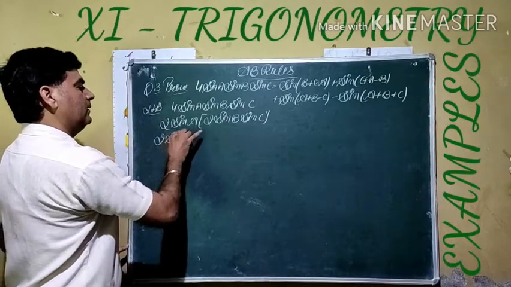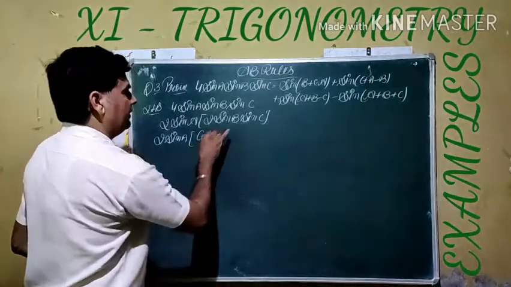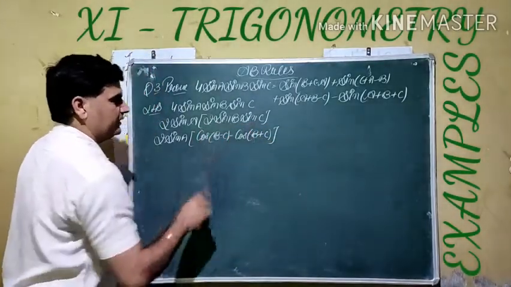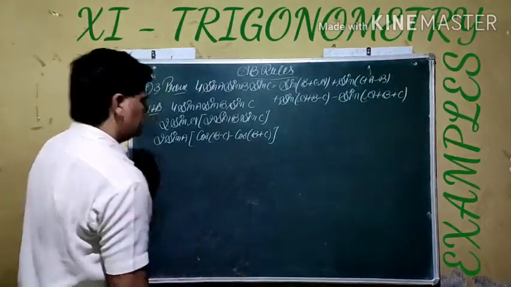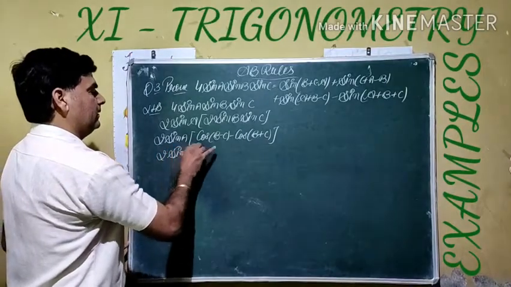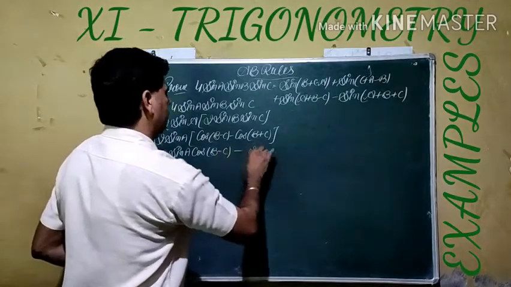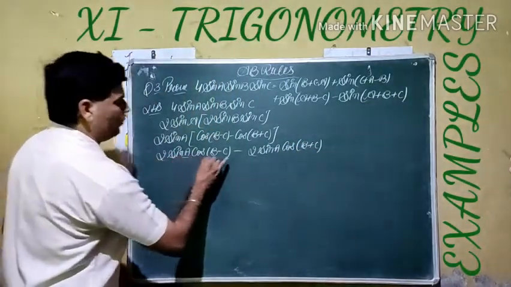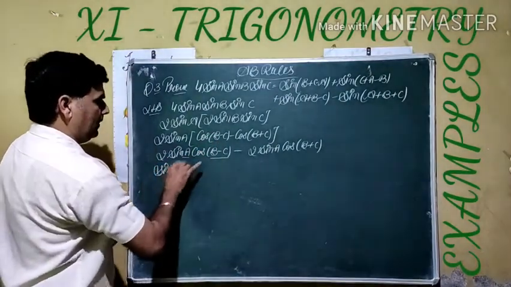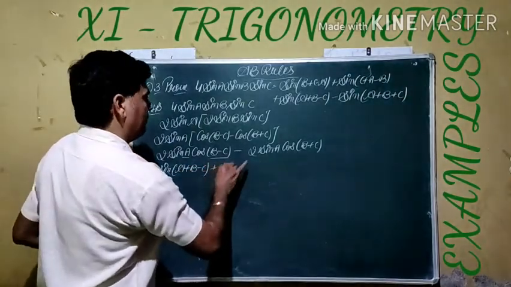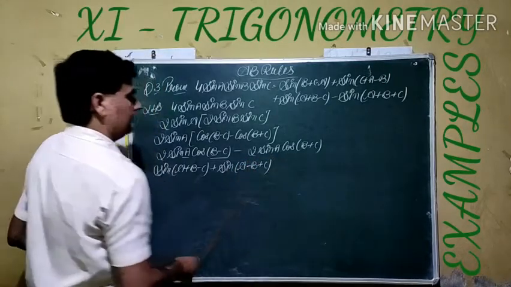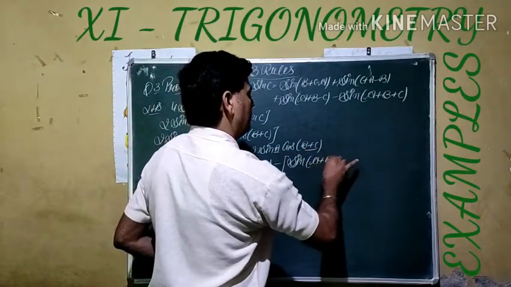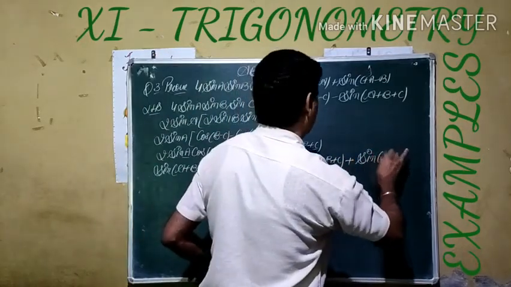It is given by cos of B minus C minus cos of B plus C, using the identity 2 sin A sin B, which is cos of A minus B minus cos of A plus B. Now breaking the bracket, we get 2 sin A cos of B minus C, minus 2 sin A with cos of B plus C. We use the identity 2 sin A cos B, which is sin of A plus B plus sin of A minus B. The negative stays outside. Using the 2 sin A cos B identity again, sin of A plus B plus sin of A minus B. We get this one.